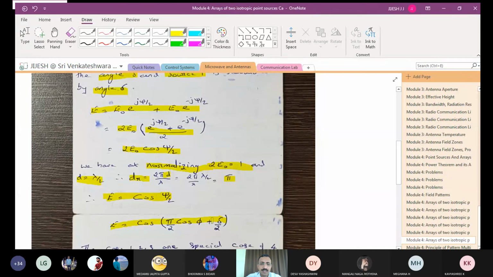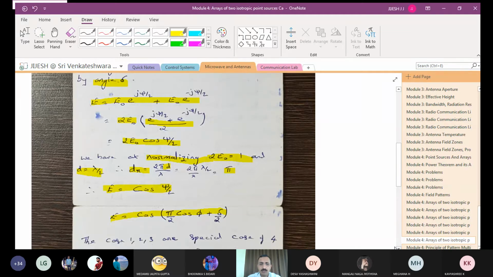So you can say that it is a special case of case 4, that is case 1, case 2, case 3. Everything can be included in this case 4 by the change of delta. That is, it can be either in phase quadrature, or opposite in phase, or we can call it in phase. Any of cases 1, 2, 3 can be a special case of case 4, which is possible. So all of you will end up with this equation, and then let us see how cases 1, 2, 3 are special cases of case 4.